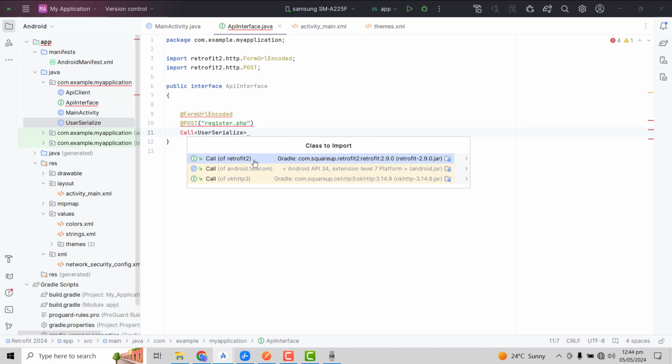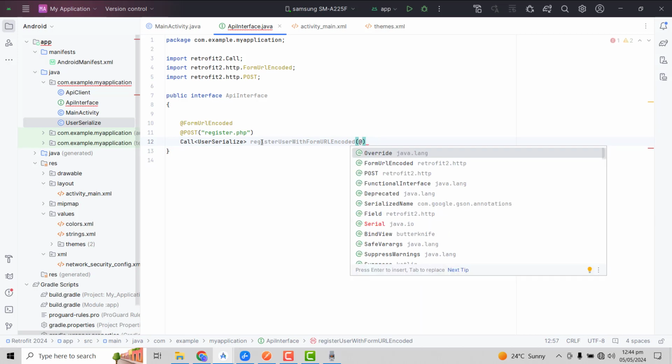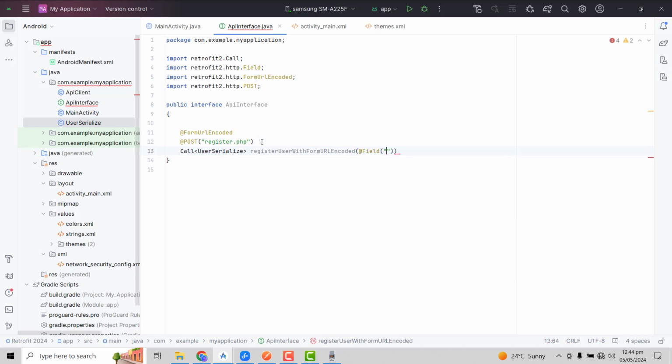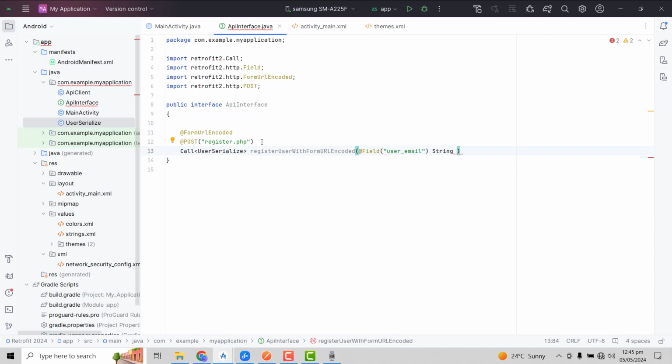and let me just import the class, and here we can specify the function name, so we can say register user with form URL encoded, right? And here we have to specify the field. So for field we can use the annotation like field, and in here first of all our field will be user email, then we will also user email, so we have to use string user email,